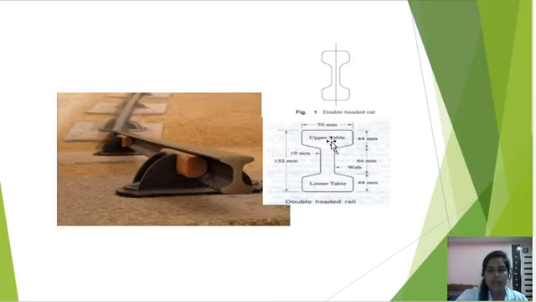Maybe also called upper table and lower table. So in double-headed rails, the top portion, that is the head and foot, are the same. The idea behind that is the rails run on the top portion of the rails. After getting corrugated or damaged, after some days, they will overturn the rails. So this portion will be used for running the trains. Like that, they thought and they designed these double-headed rails.